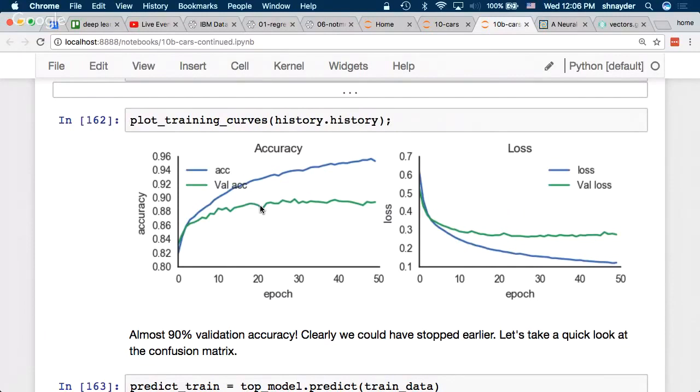There's a question online. For getting a good idea of the number of neurons per layer versus number of layers, can we not use hyperparameter tuning like grid search or random search or something like that? Yeah, that's a great question. Can't we use parameter tuning methods, grid search or random search, to decide how many layers to use and how big the layer should be? Yeah, you absolutely can.